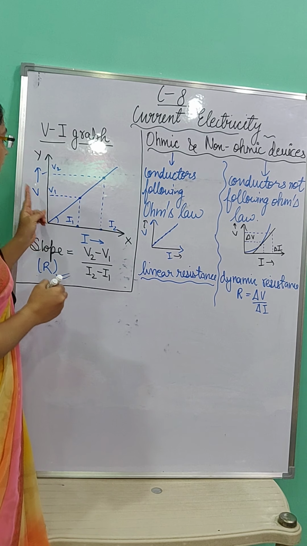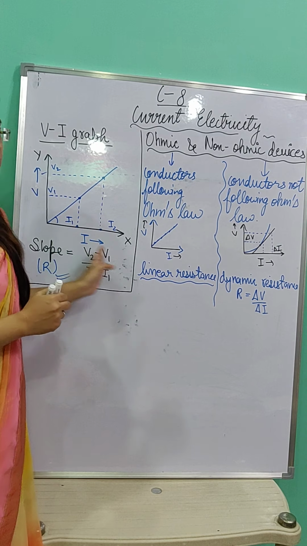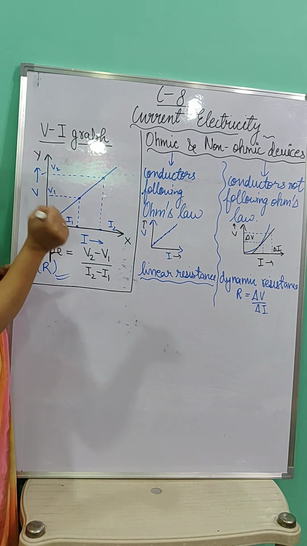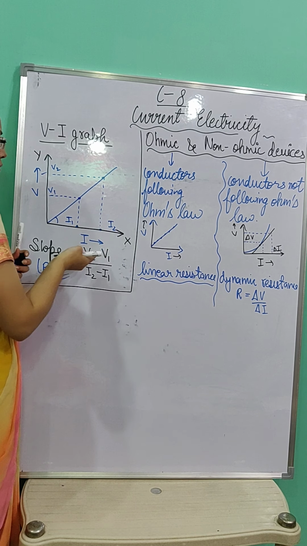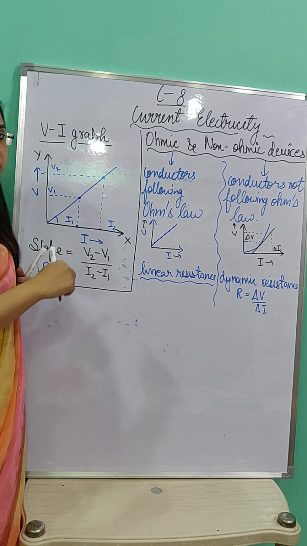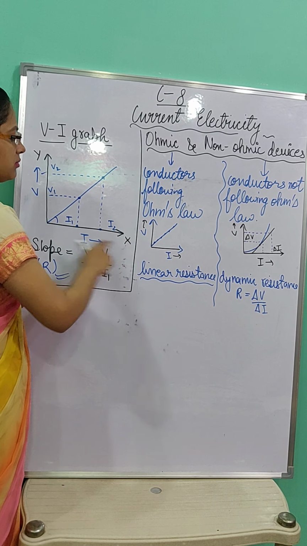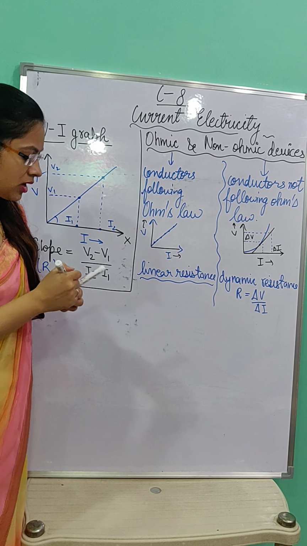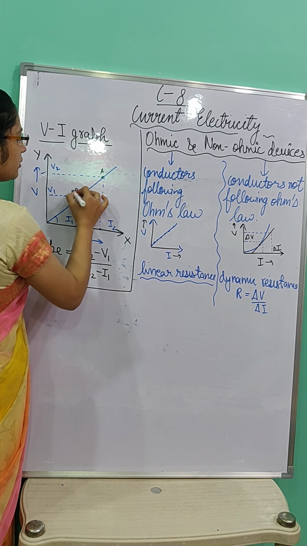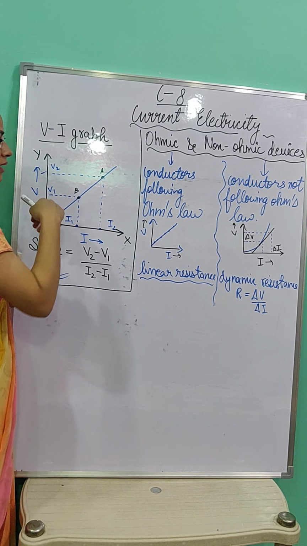In the VI graph, I am taking V, that is potential difference, on the y-axis and current on the x-axis. With the continuous increase in current, the voltage also changes proportionally. So we get a straight line graph inclined at some angle with the x-axis. If we consider 2 points here, suppose A and B, and draw the perpendiculars towards both the x-axis and y-axis, then